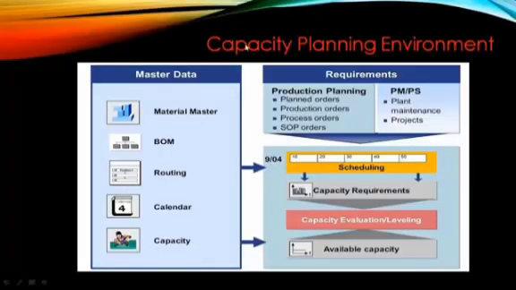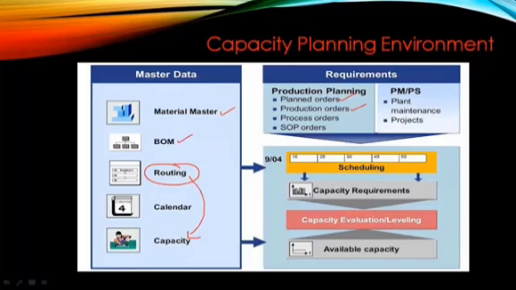Now, in the earlier lectures, we have seen how the requirements are generated. Basically, we create the planned orders or the production orders or the process orders from the master data. So if you want to create, say, a planned order, a production order, a process order, it will be reading the master data. Master data can be a material master, it can be a BOM, it can be routing as well. So the capacity related data comes from the routing, which has a work center, and the work center has further